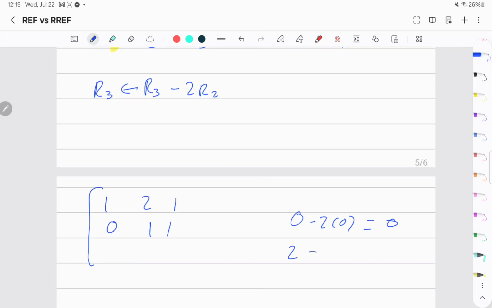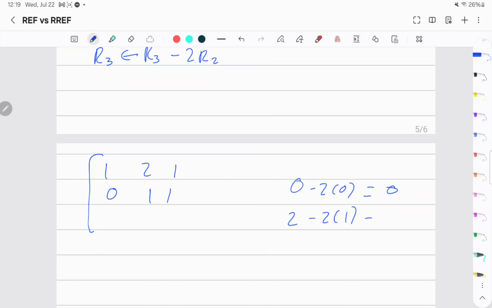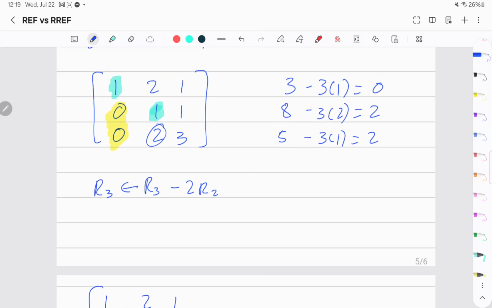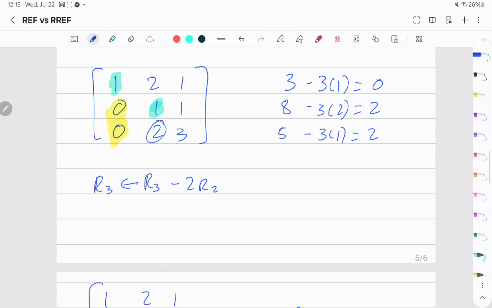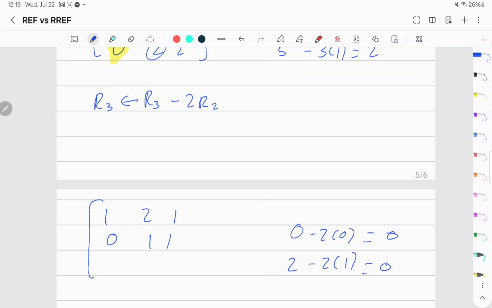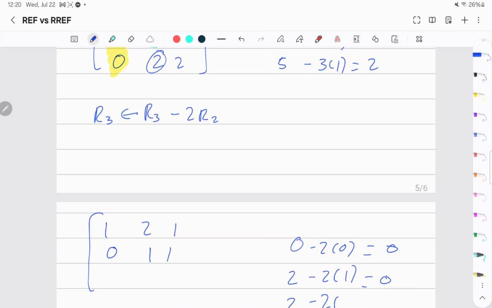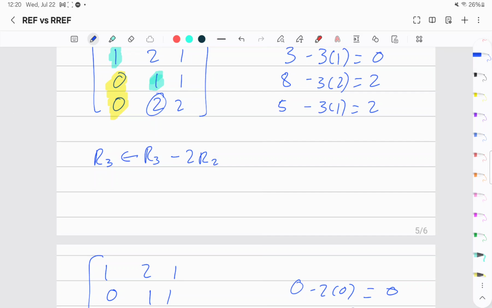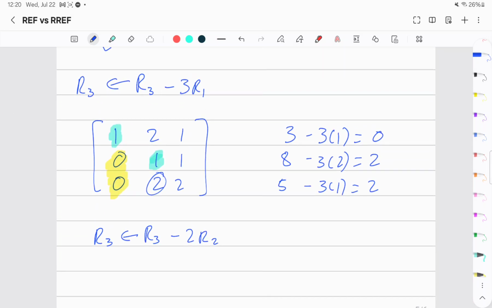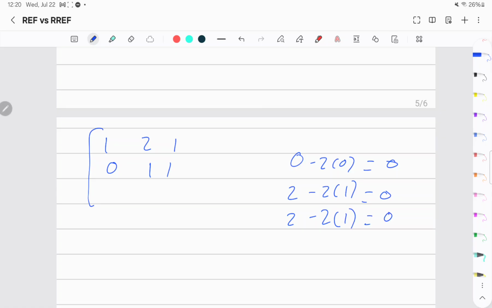Similarly, it's going to be 2 minus 2 times 1. Now this thing again gives me 0. And the funny part is the last one is 2 minus 2 times 1, which is again 0. So it's going to be 0 0 0 0, and boom,